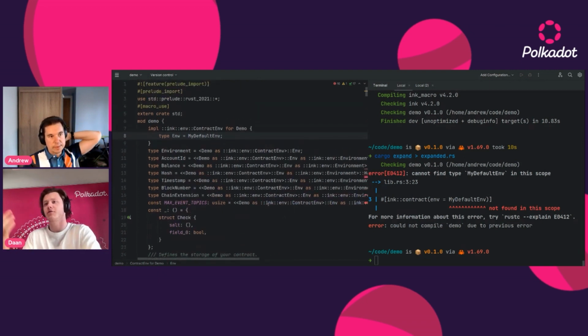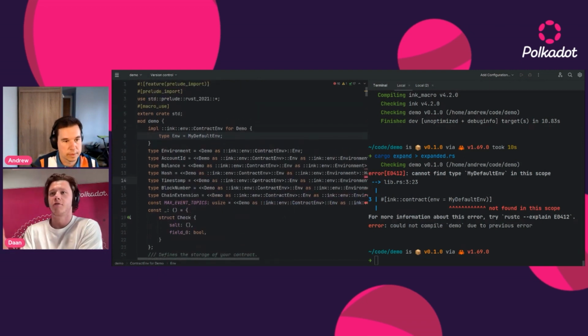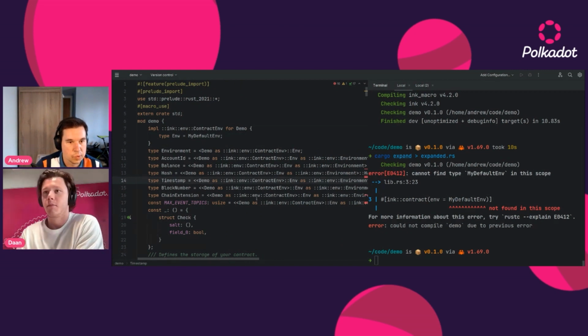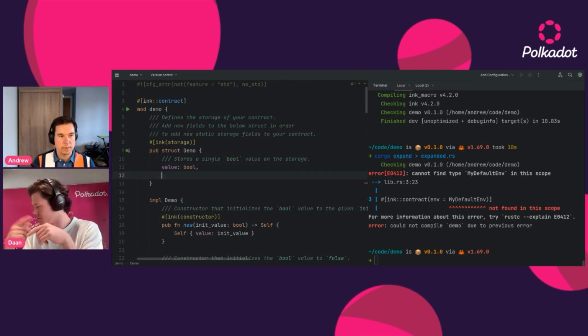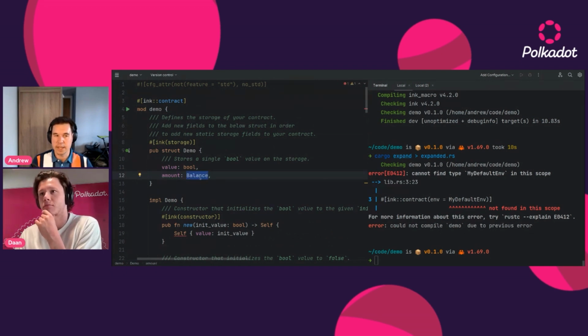This makes it easier for developers, for example, when taking arguments for functions, where they can just easily say balance, and they don't have to worry about declaring this whole balance type and giving that a value or a type. Yes, exactly. But all of those types are available in the context, which is one of the slightly unintuitive things